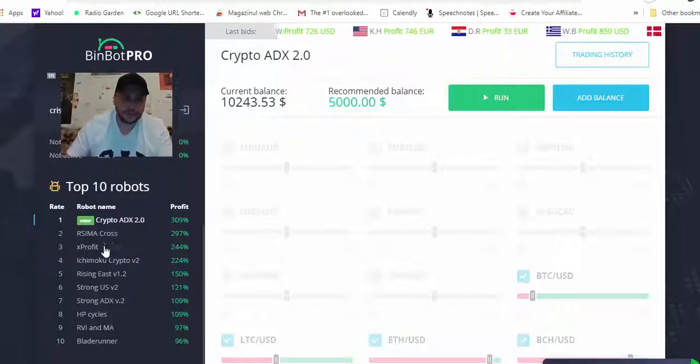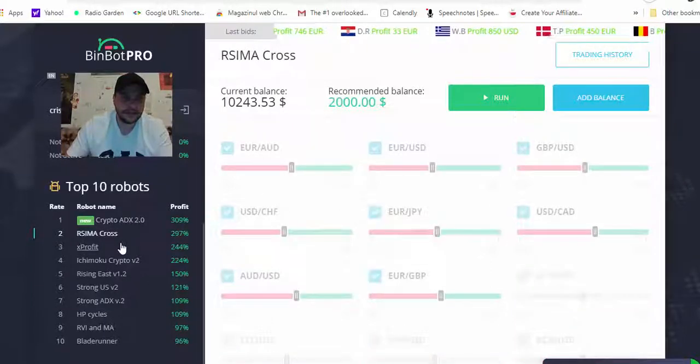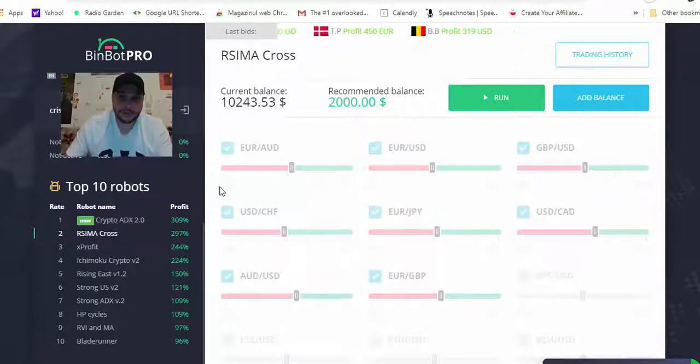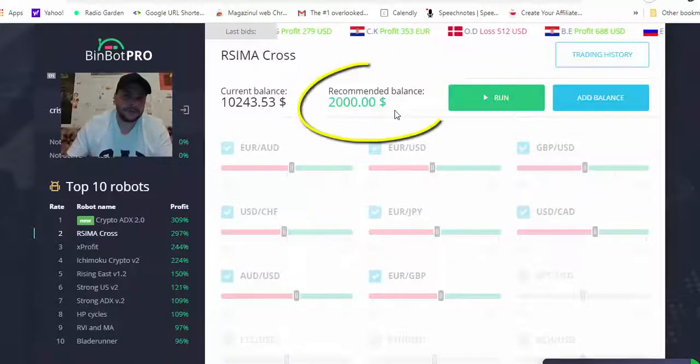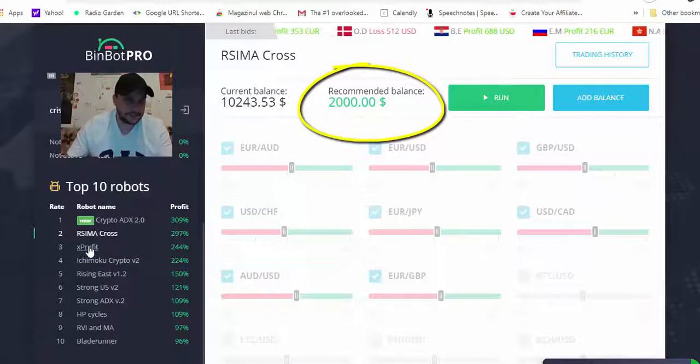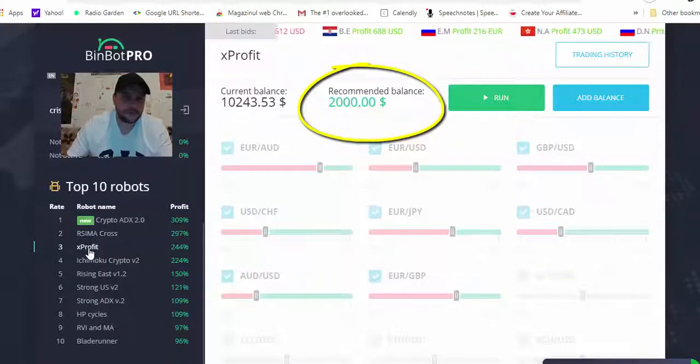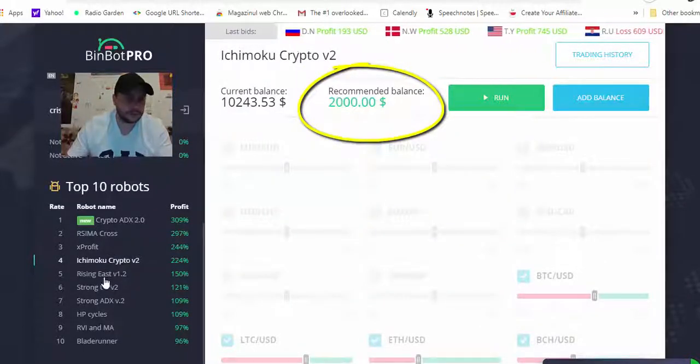All right, let's go forward and have a look at RSI MA Cross, which trades Euro AUD, Euro USD, GBP USD, US dollar Swiss franc, Euro Japanese yen, US dollar Canadian dollar, AUD USD, and Euro GBP. The recommended balance is $2,000. We also have X Profit with a recommended balance of $2,000,